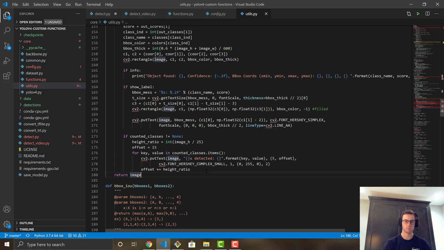So this is a fancy way of just making sure that they don't get drawn on top of each other, and that you can take a ratio of your height and just keep adding that ratio so that the more classes it detects, the farther down the page it'll go down the left side. So yeah, right here is the little snippet that I've added to draw on,